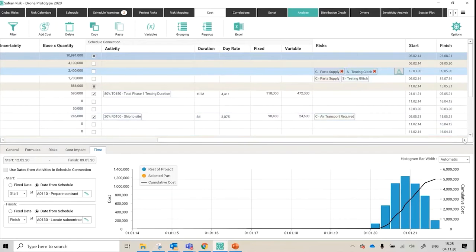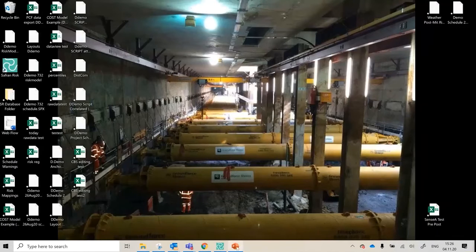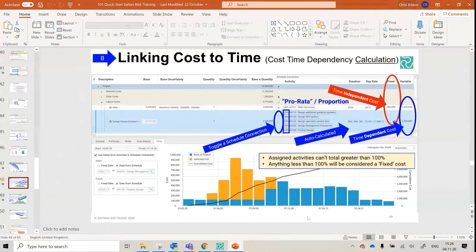There's another column that you can't see, on the very far right hand side, but it only shows up during the step through analysis, which gives you the iteration cost for each line item as you step through the Monte Carlo. So that's the broad overview of the cost model, but just to explain this cost connection then, linking